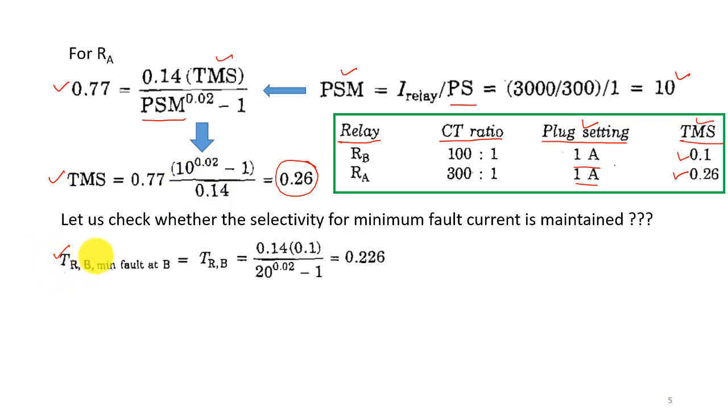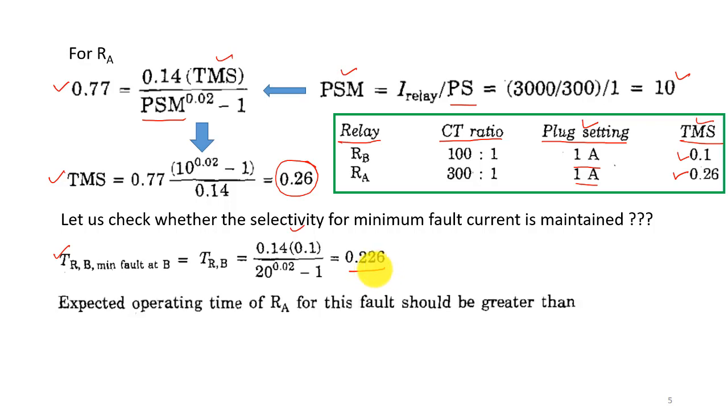What is the minimum fault current? It is 2000 ampere at bus B. Substituting, your PSM will be 20, and in the standard equation I find the operating time for relay B is